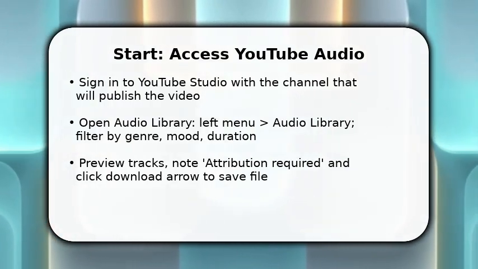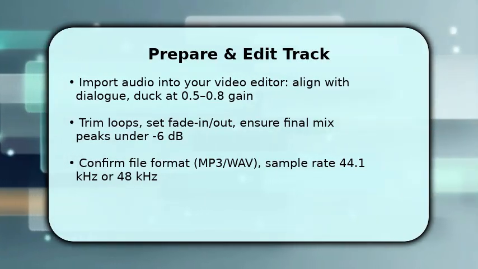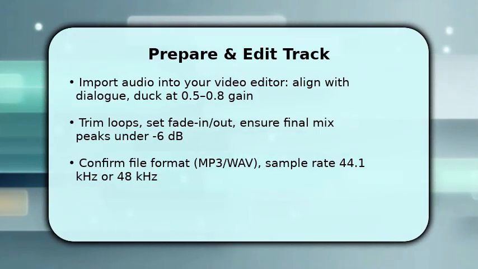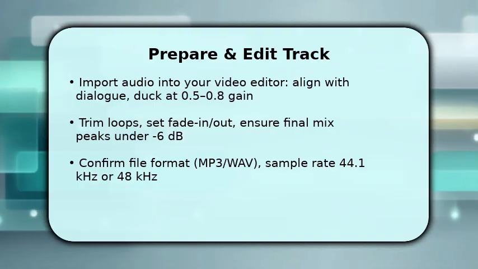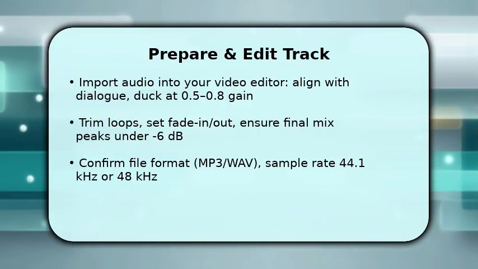You import the downloaded track into your editor and immediately align it with speech or action points. Once done, trim or loop sections so music supports the narrative without clashing with voice. Use fade-ins and fade-outs to avoid abrupt cuts. Make sure to duck music under dialogue, typically reducing gain to between 0.5 and 0.8 of original level. Also confirm export settings. Keep sample rate at 44.1 or 48 kHz, and mix so the master peaks below